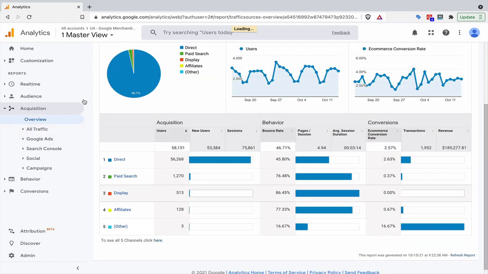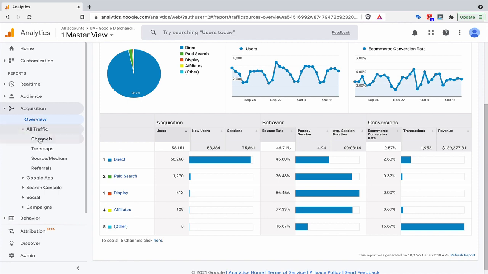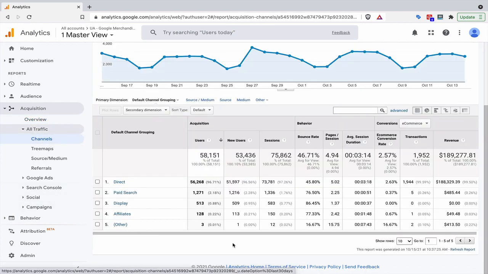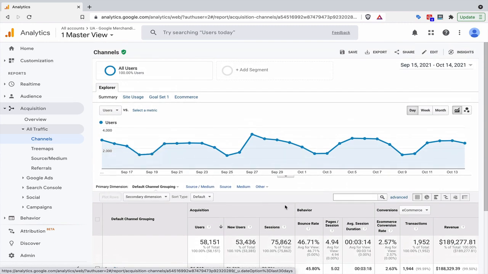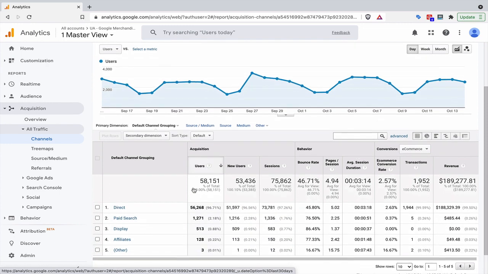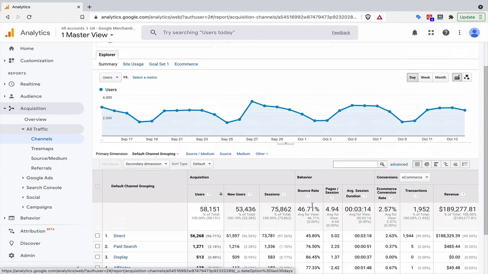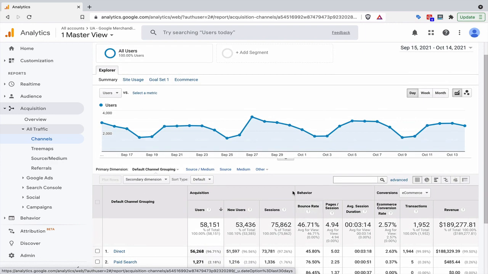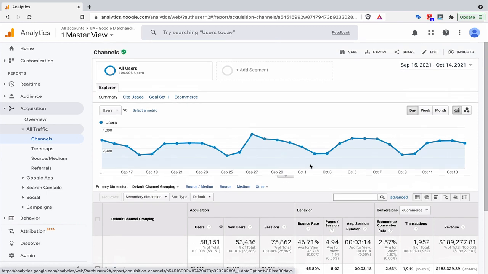So now what we want to do is move down to all traffic and then click on channels. Now we're getting the same data but in a different look here. But what we're always looking for when we're analyzing reports are patterns. So if we want to walk away from here with something actionable about our traffic, then we need to look for patterns. And we've found a couple of patterns, right? We know that direct traffic works better than paid search when it comes to revenue, when it comes to the total. We know that it's performing better, has a much lower bounce rate and all of that, but that's not surprising. But if we're creating content, for example, one of the things we can look at is going to be